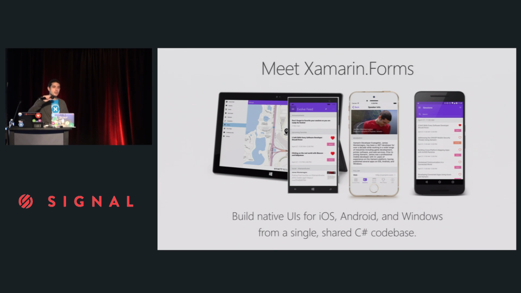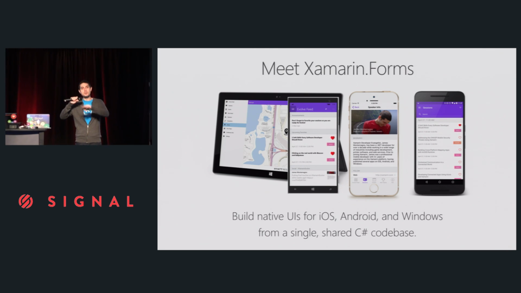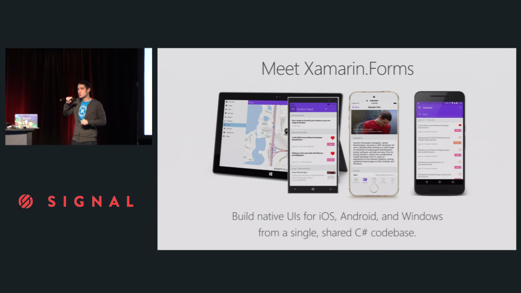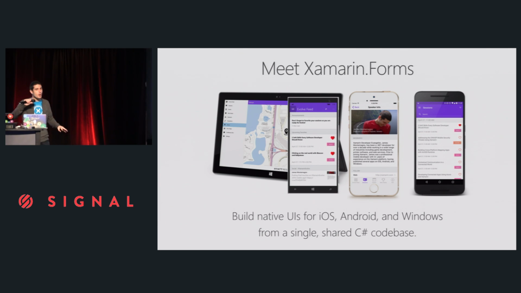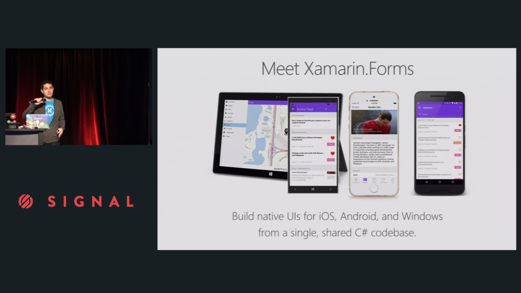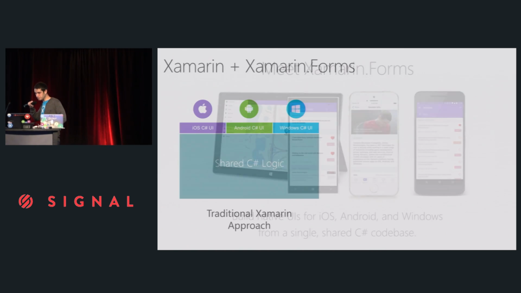Last year, I built everything the traditional way, iOS storyboards, Android XML files. But since then, a lot has changed too. We introduced Xamarin Forms, which is our cross-platform user interface library. It sits on top of Xamarin and abstracts away common UI elements into a shared library. So not only are you sharing your backend, but also your front-end code too, all in XAML. So I'm going to give you a quick overview of what that is, and then we're going to dive into some code, and we're going to build a chat application in just a few minutes with Twilio.